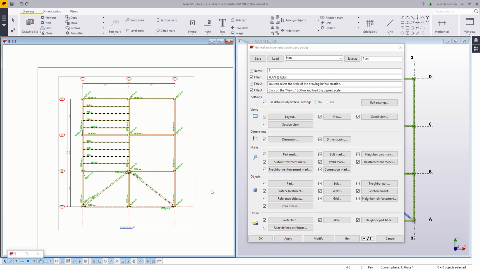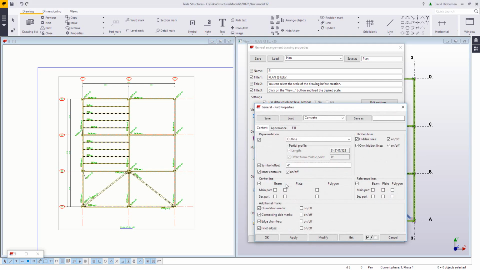So as a general rule of thumb, before you even start adjusting object level settings, you want to set up the base drawing settings for the majority. So here the majority of the objects on this drawing are beams. So I want to set those up before I even start worrying about object level settings. So I'll go ahead and I'll say, all right, for most of these beams, I want them to be shown as symbols or lines. So I'll go ahead and change this drawing level property to say give me symbol. I'll hit modify, and now everything goes ahead and changes to be just a line